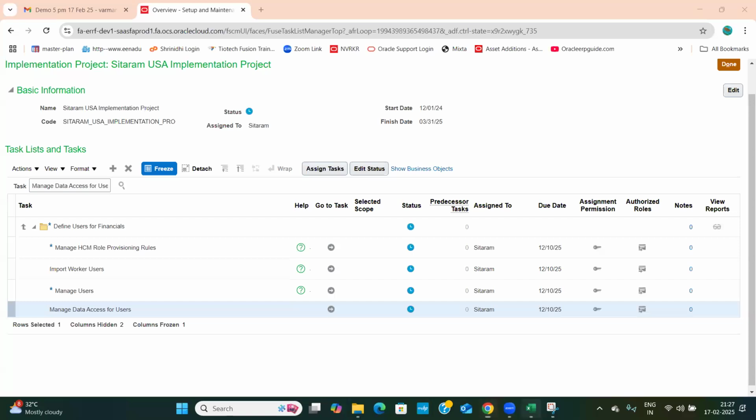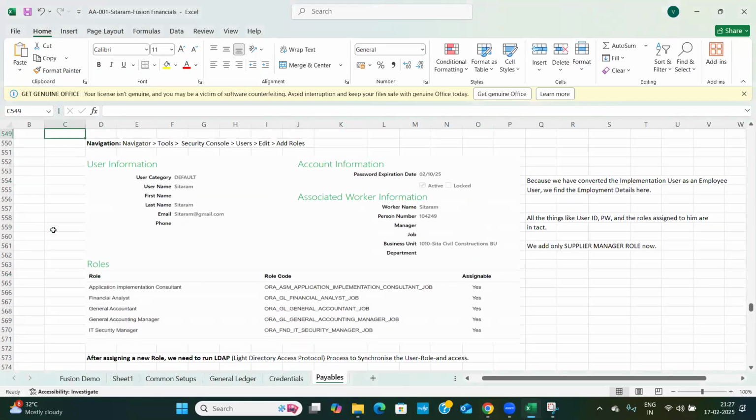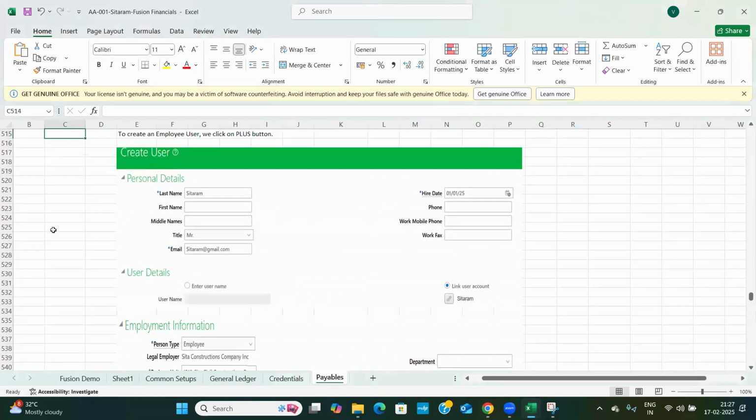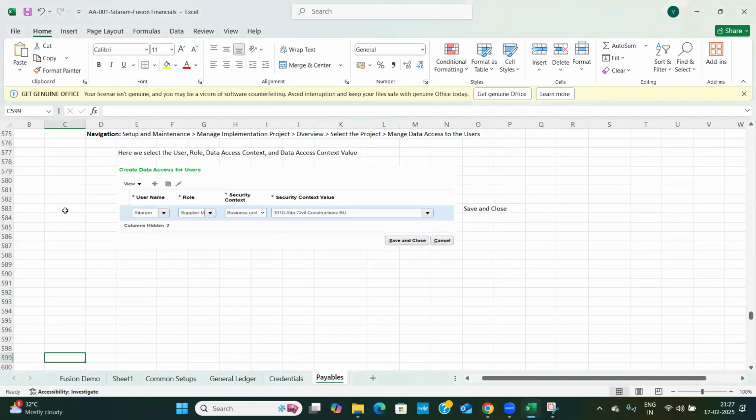Then the next step is that we have to create him as a procurement agent. For him to have the role, he has to have the role. So then we need to create him the procurement. After this only we can create a procurement agent. Now we can create